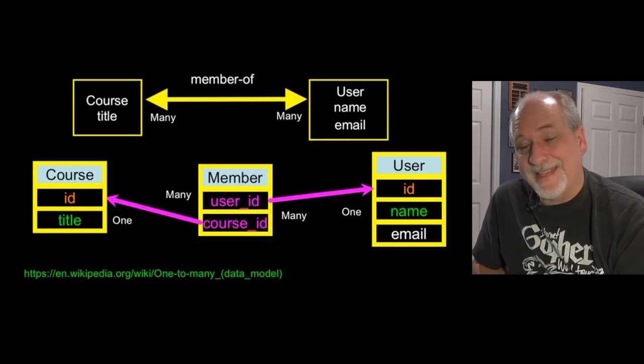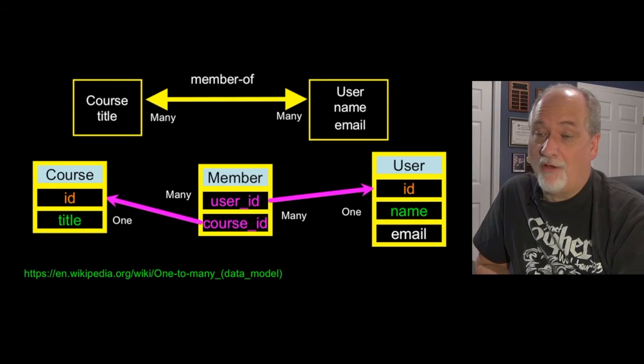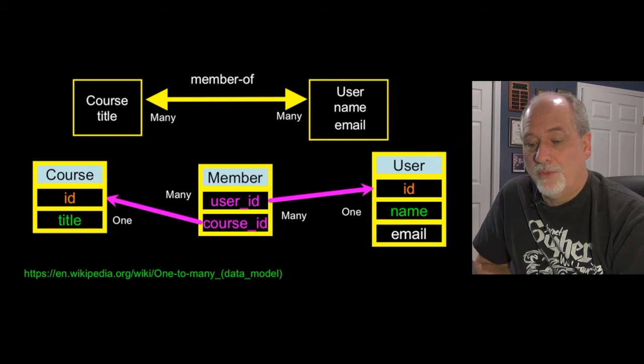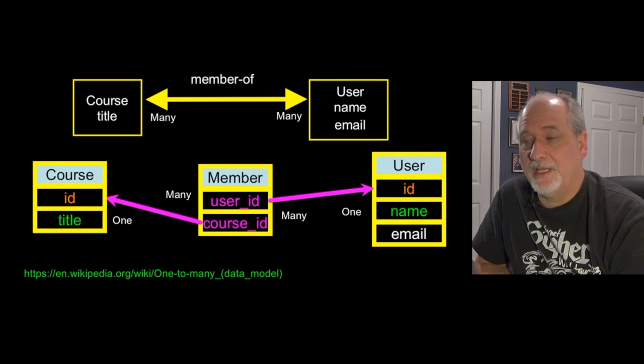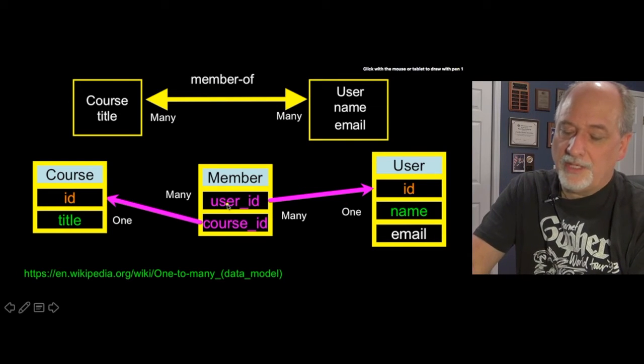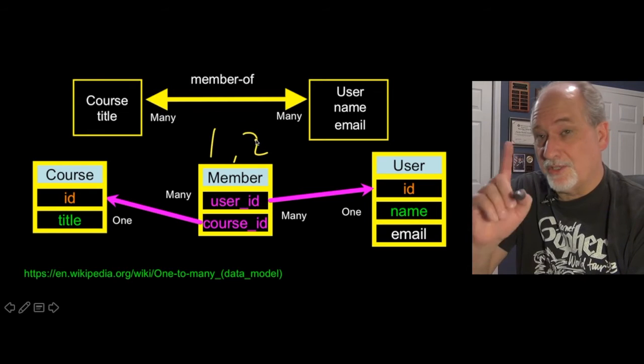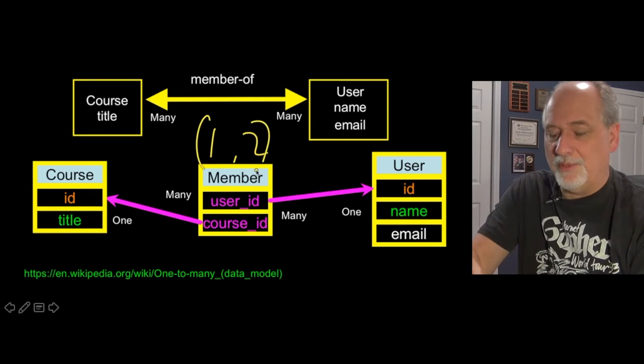And so what we do is we make a table called membership. And in that table of membership, we often don't put a primary key in at all. We simply put in two foreign keys. And if we're going to put a uniqueness constraint, we put a combination of the two foreign keys as the uniqueness constraint. So we say there can be duplicate user IDs and duplicate course IDs, but there can only be one user ID, course ID combination. That has to be unique. So you can make unique be more than one